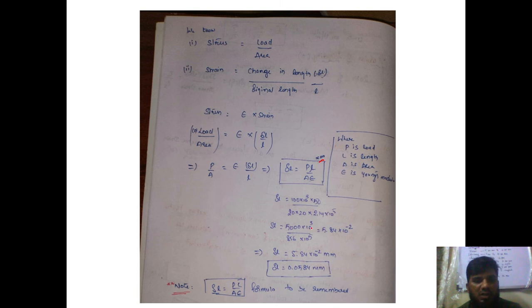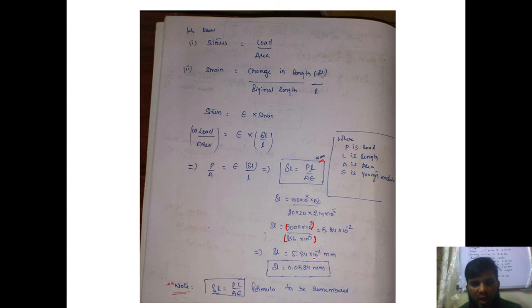Now see this 10 to the power of 3 and 10 to the power of 5. As we have discussed earlier, when I take this value above, it will become minus 3 minus 5, I am going to get 10 to the power of minus 2. When you are trying to solve in a calculator, try to give this in a separate bracket and this in a separate bracket. If you are not using some kind of bracket, the calculator may make some kind of mistakes. Try to solve it in a proper way. Next, delta L you are going to obtain as 5.84 into 10 to the power of minus 2 mm.